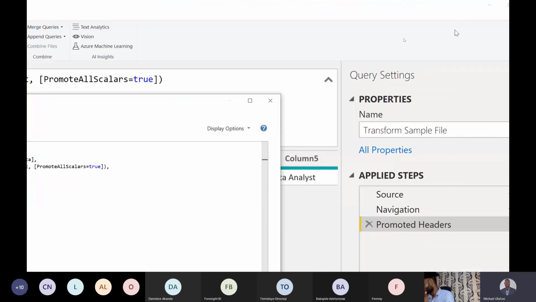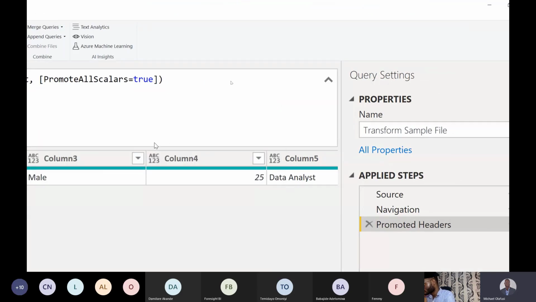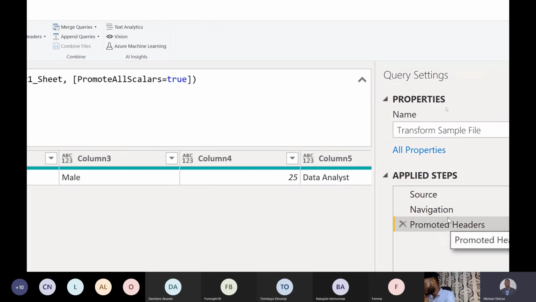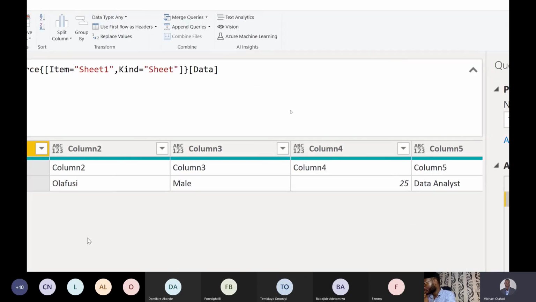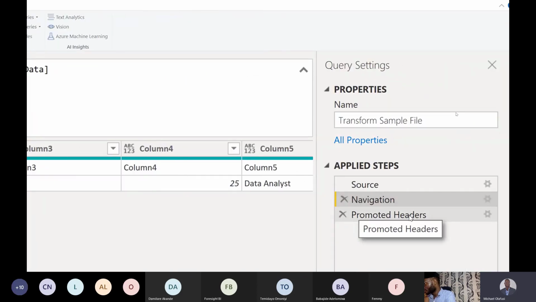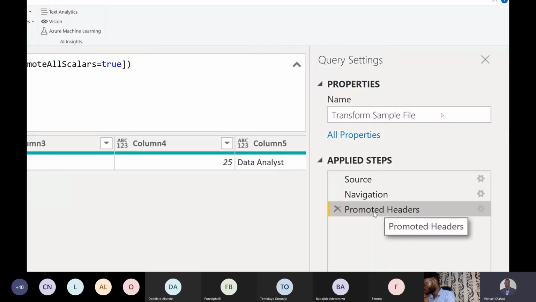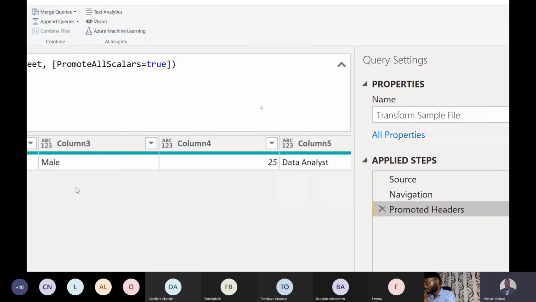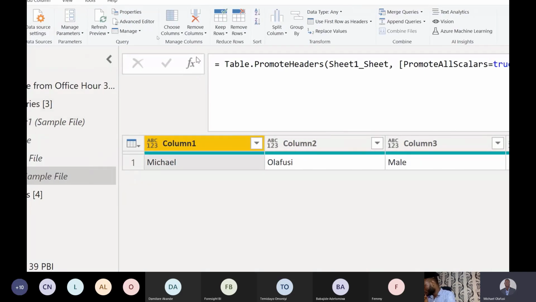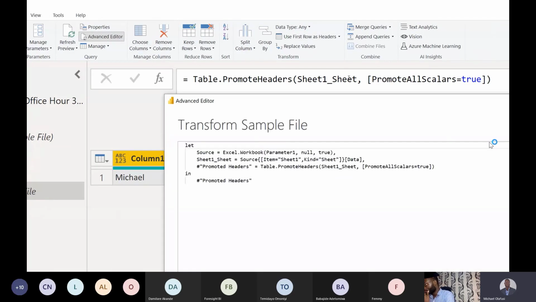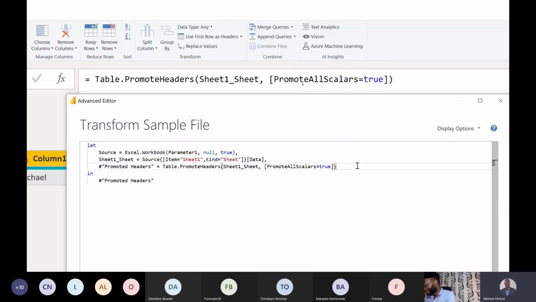Let me just show you what I mean. Let me close this. You see this outcome here, this promoted header, that's the outcome. Navigation is navigation. Promoted header is the name of the last stage, right? If I change this name to something else, that's what you will start seeing there. And if I pick it, let me just come back here and show you. Since I'm not in a rush, maybe I should be in a rush now. Okay, so see,